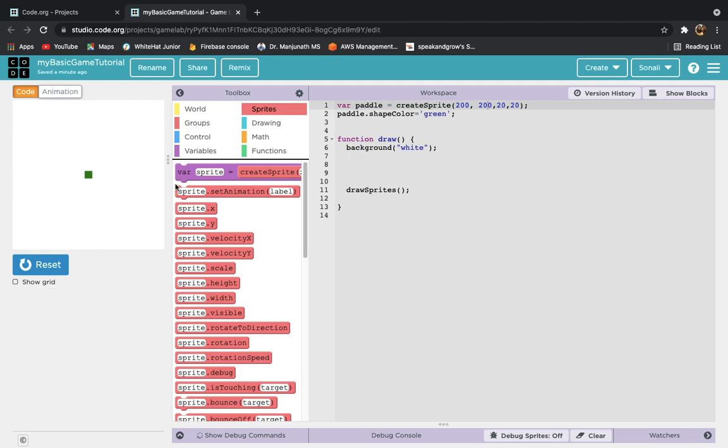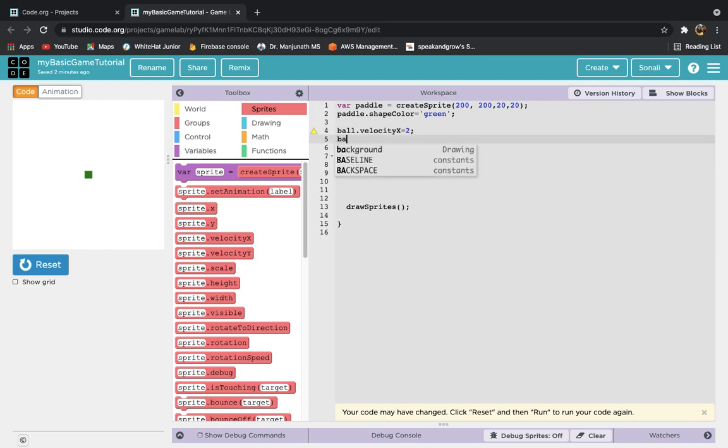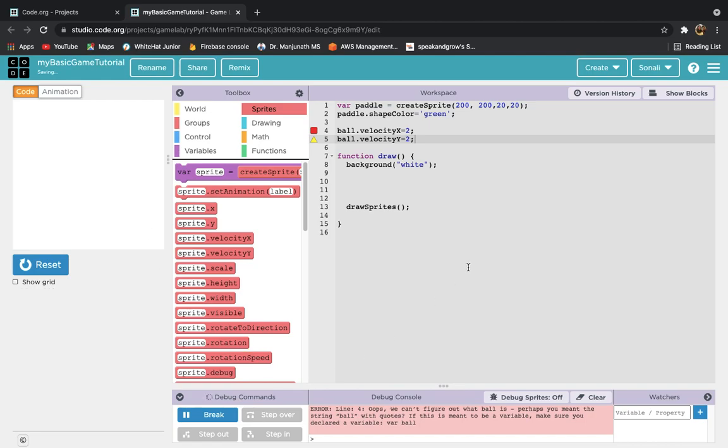Edges means the boundaries. So first, I'll give the ball the velocity. For that, what we learned is velocityX. We give some number, and let me move it a bit slow. Of course, if I want to move it to the corner sides, we can give velocityY to some number. So it will start moving, and if you see it will